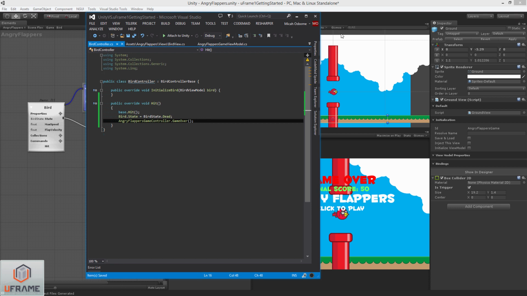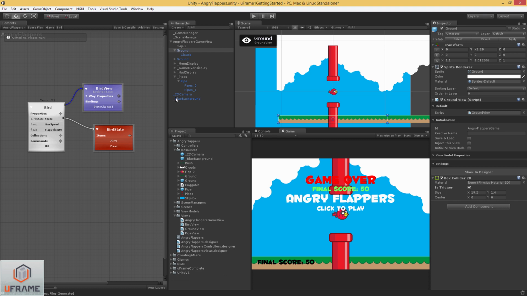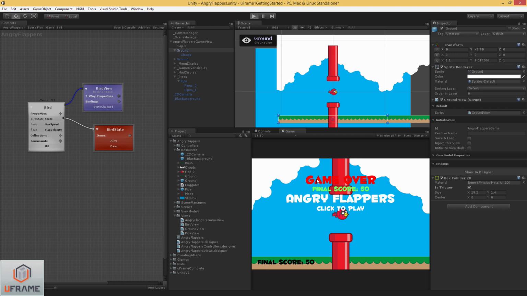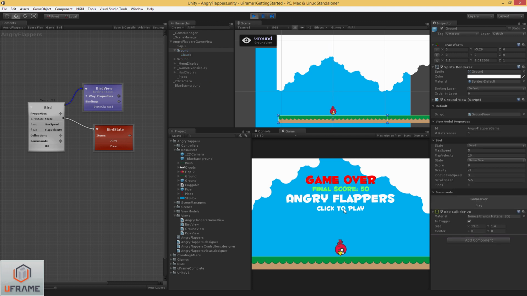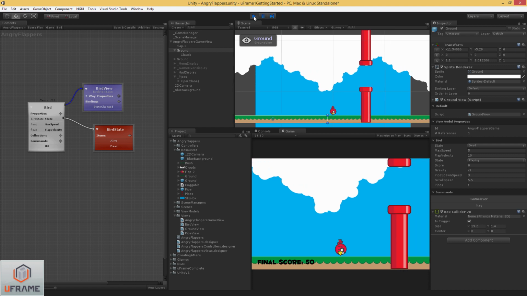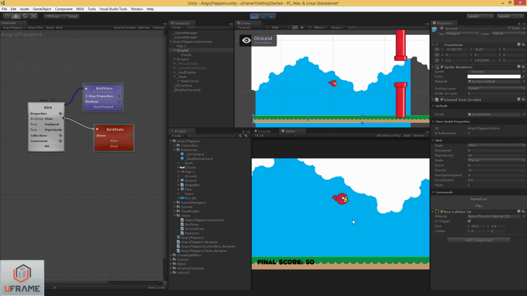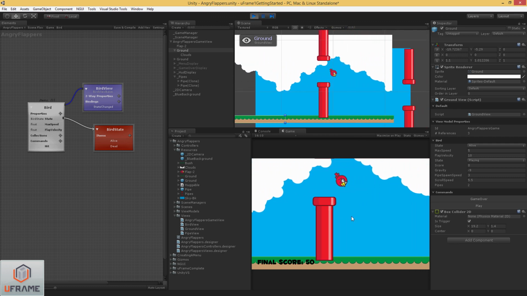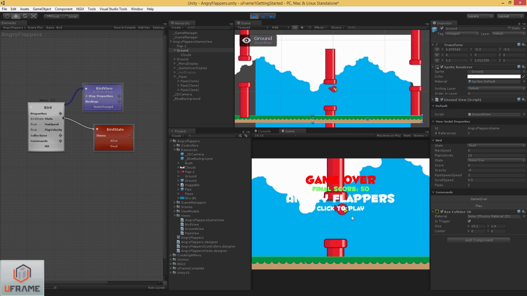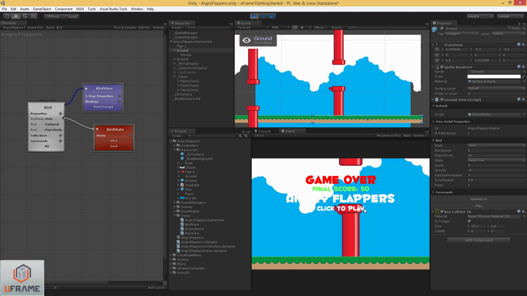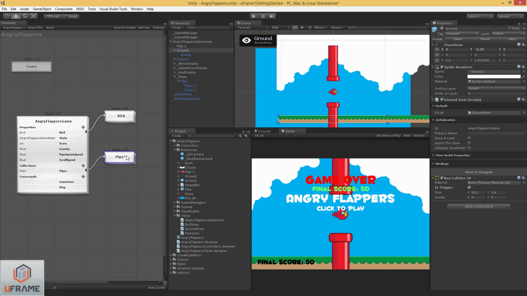So from this point, we can switch back into our game. Hit run. We click play. So if we get it just in time, it's a small bug. Fix in just a second. Start running. So now when he hits something, the game's over. So we need to fix this so that when the game's over, the pipes are no longer moving. So let's go back to our pipe element